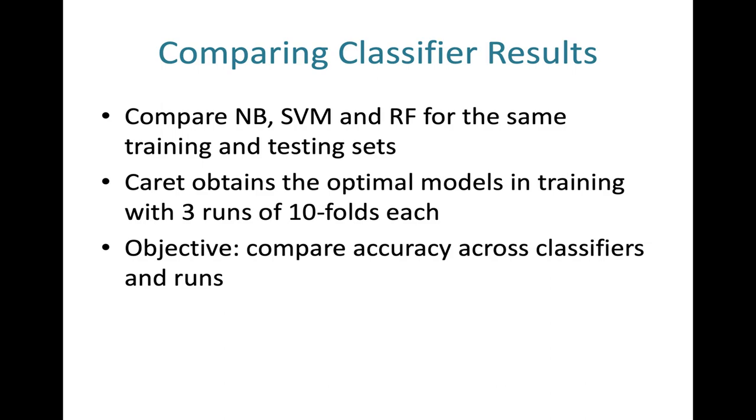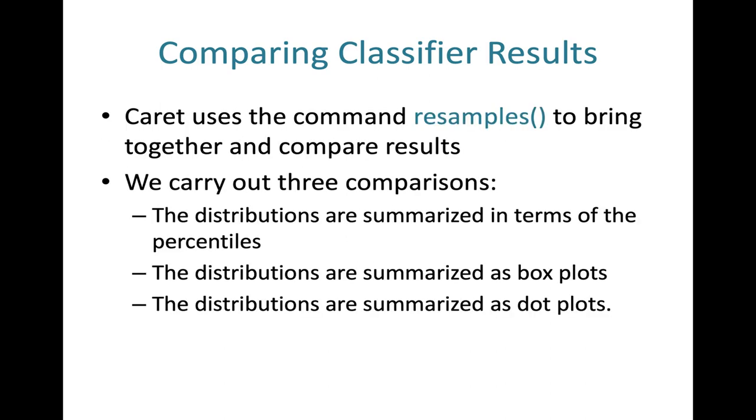Okay, so the Caret package will allow us to do this comparison, making sure that the 3 methods are compared across exactly the same training and testing data sets with the same cross-validation approach. And how do we do this? So besides all the different functions that we have described in the Caret package, there's also another one which is called resamples. And this command allows us to basically, once we have trained 3 different models or n different models, it allows us to compare how these models do in terms of, for example, accuracy and also other metrics that